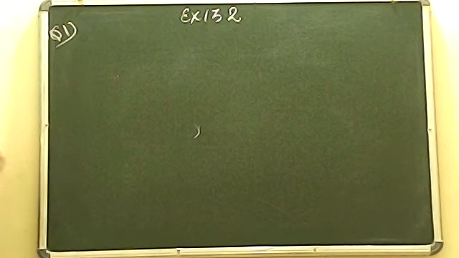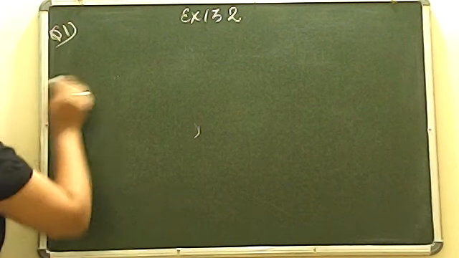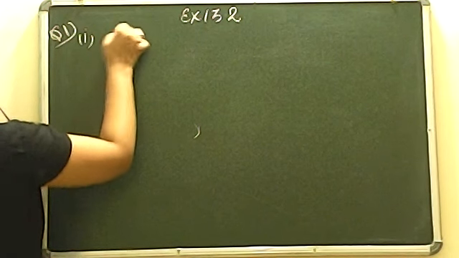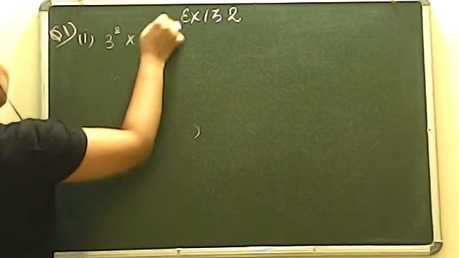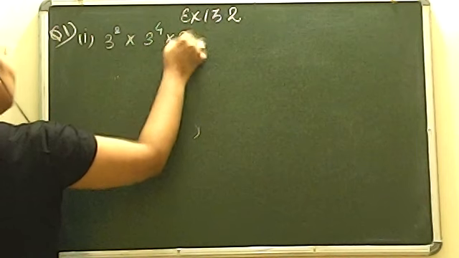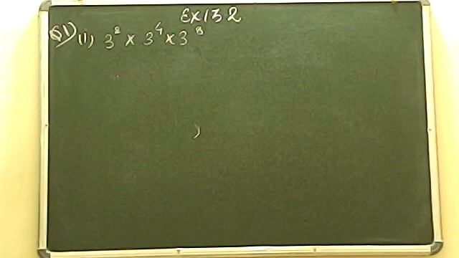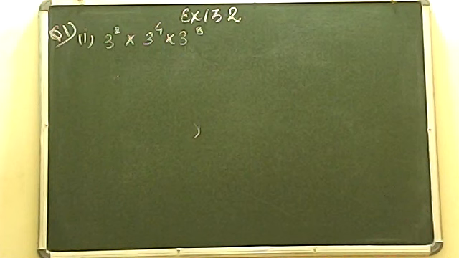I will be showing you the pattern of how to solve this type of question. For example, I'm talking about a normal question, which is question number 1: 3 to the power 2, 3 to the power 4 and 3 to the power 8. Now, as you all can see, we have the same base in all. In between, we have a multiplication sign with all. And also, we have different powers in all the bases. It means we can use the first law: if you have the same base, the powers are different, and in between is the sign of multiply, powers are added.